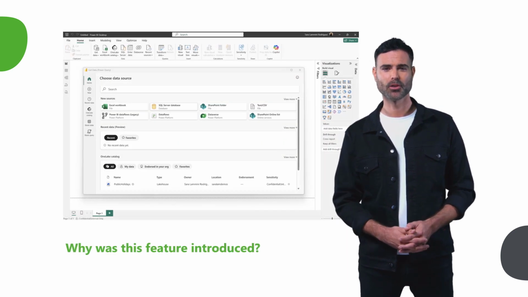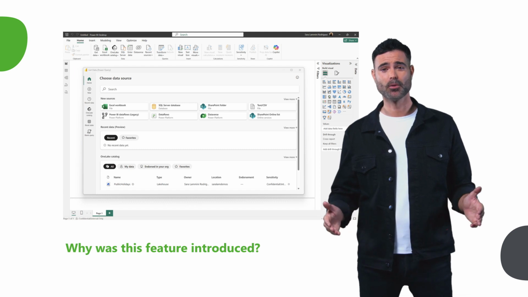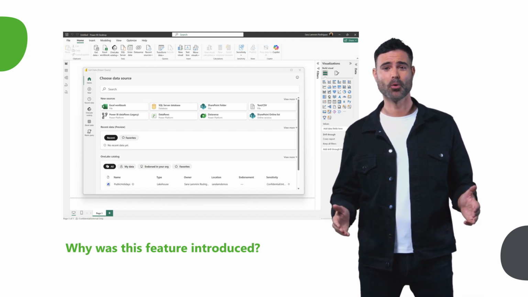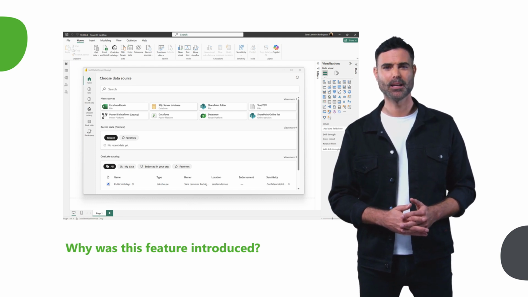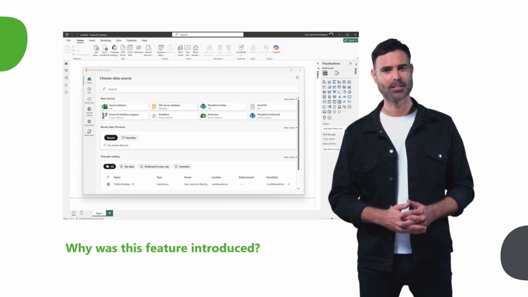Why was this feature introduced? As the number of connectors and data sources in Power BI continues to grow, finding and connecting to the right data can become more complex. Microsoft redesigned the Get Data experience to make data discovery faster, simplify connection flows, and create a more accessible and